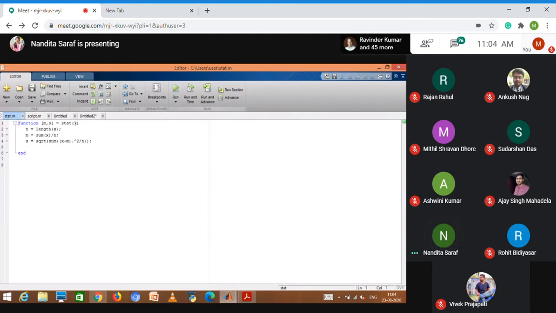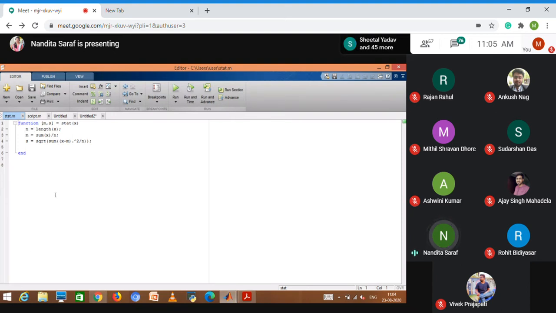Now I just calculate the number of elements there in the array as length. Length of x will give me n. N is the number of elements in that array.